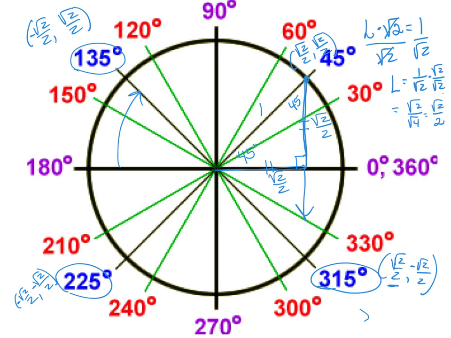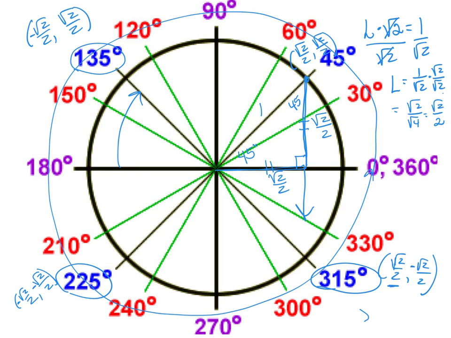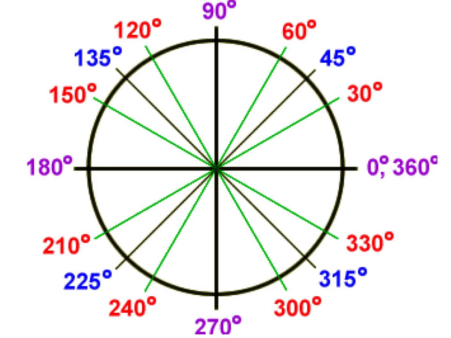So far we've talked about how to get the degree measures going around, which are multiples of 30 and multiples of 45. And we've talked about all the red angles and all the blue angles in their ordered pairs. Let's not leave out the more simple ones. The more simple ones are, of course, the purple angles. So let's get those up here. Since this is a unit circle,